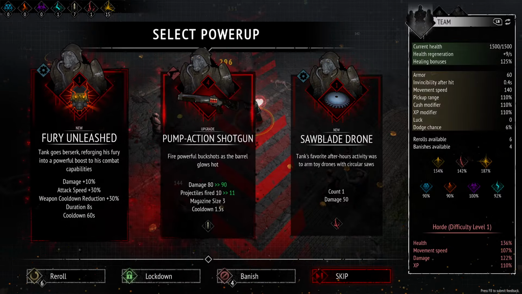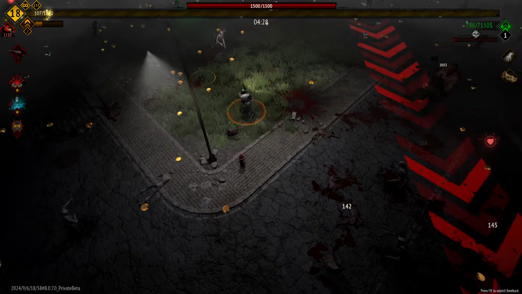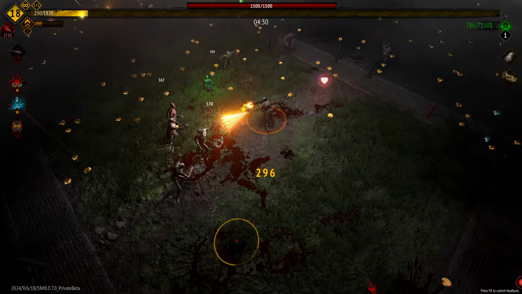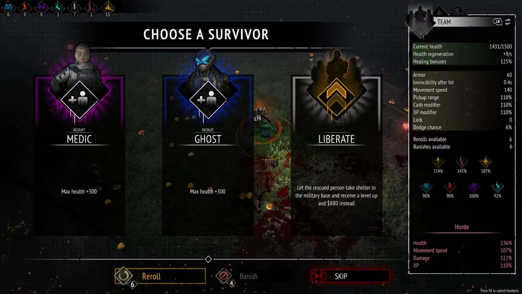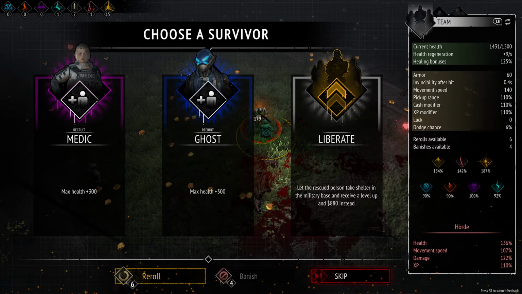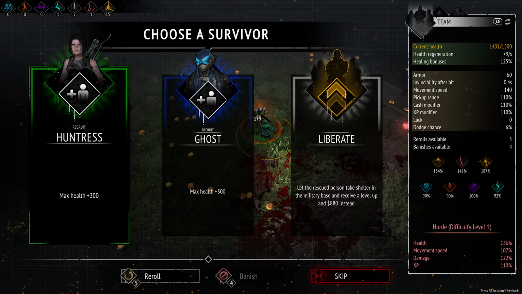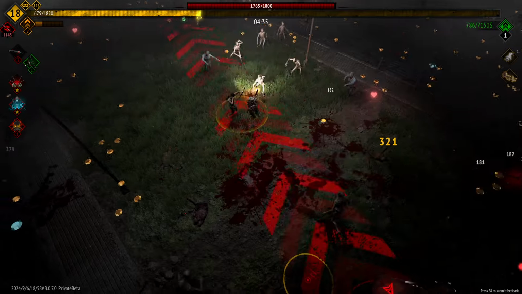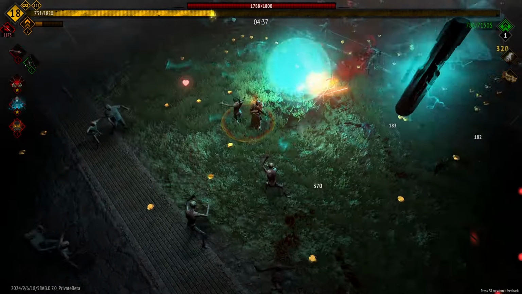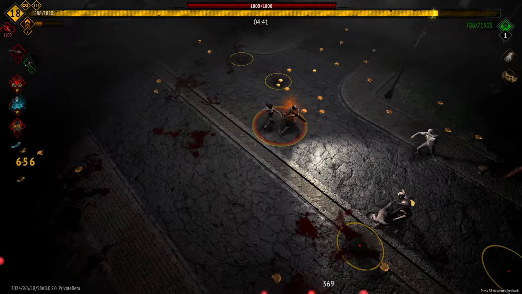Okay, let's do Fury Unleashed here. Oh, here's our SOS. Okay, so we're gonna hope for SWAT. Either way, this is not any of the characters we want. Reroll. Okay, we might take the Huntress here. I'll just take the Huntress. I don't have the rerolls to really afford to just keep doing it, and I do want to make sure that